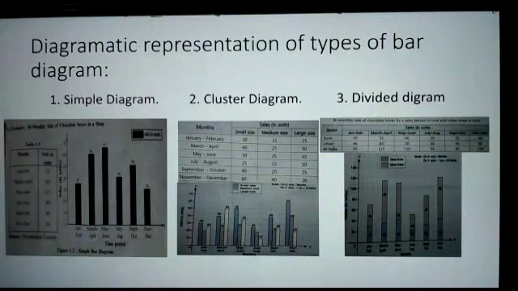We start with a simple bar diagram wherein we have plotted the months on the x-axis and we have plotted the sale of units in the y-axis. Corresponding to the month, we have plotted the sale of units. In January-February, the sale of units was 35. Similarly, in March and April, it was 60. Likewise, for all the points, when we plot the diagrams and we draw corresponding bars, we get the simple bar diagram.